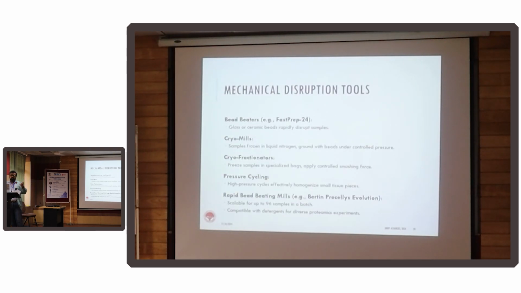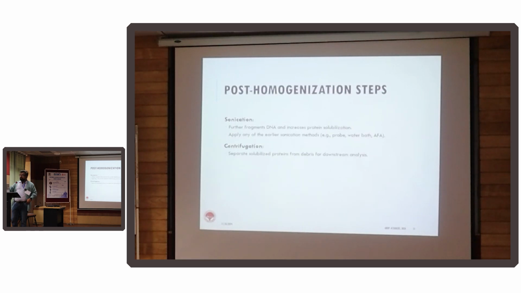Bead beaters, cryomills, cryofractionators, pressure cyclers. So there are many ways of homogenizing tissues. Again, your biology, your sample volume, your downstream methods, everything will dictate what you want to do. So this is homogenization. What you can do next is, you see, after homogenization of a large tissue, what happens